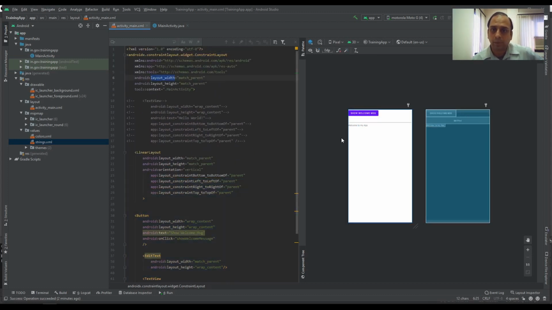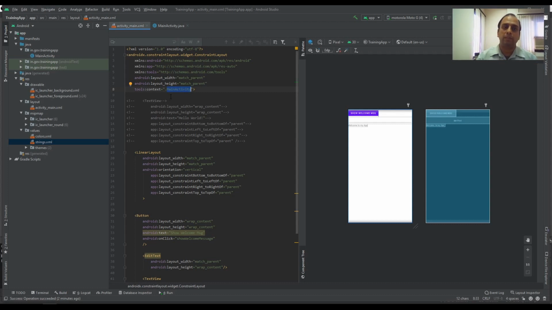Layout width is match_parent. Obviously this is the root parent, so match_parent will be the size of the screen that you have, excluding the top navigation bar and the bottom navigation bar. Height and width are matching the parent, and context is MainActivity, meaning this layout is being used for the main activity.